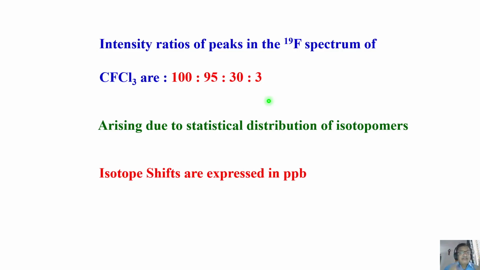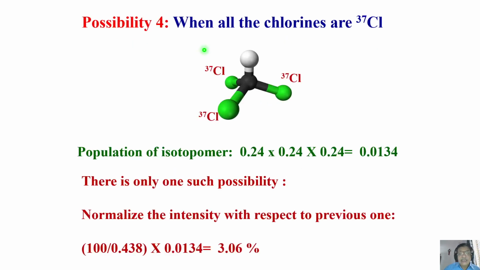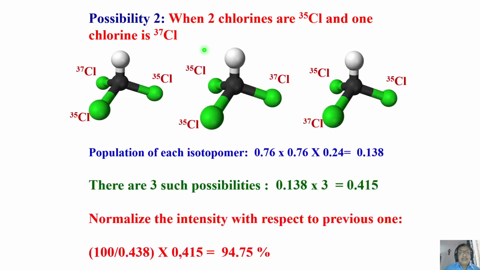We calculated the intensity, everything, on that day. We worked out the intensity pattern. We also discussed why we are getting different types of isotopomers. Finally, the intensity pattern is the statistical distribution of isotopomer populations. That is what happened. But remember, another interesting point I want to tell you is there is a shift in